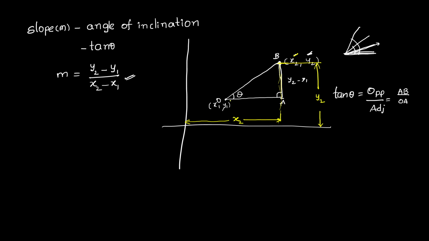Now, similarly, the point O has coordinates x1, y1. That means it is at a height of y1 from the x-axis, and it is at a distance of x1 from the y-axis. Since I only require this AB, I am not required to find this entire distance. Now, how to find AB? AB is nothing but total y2 minus this y1. So y2 minus y1